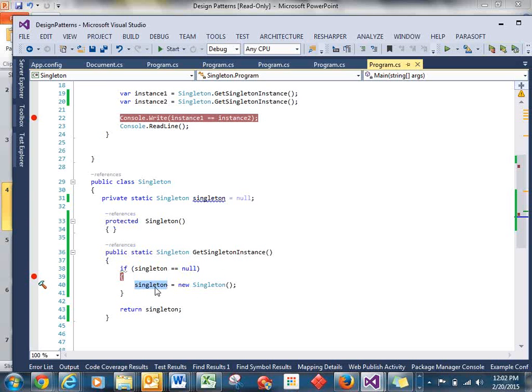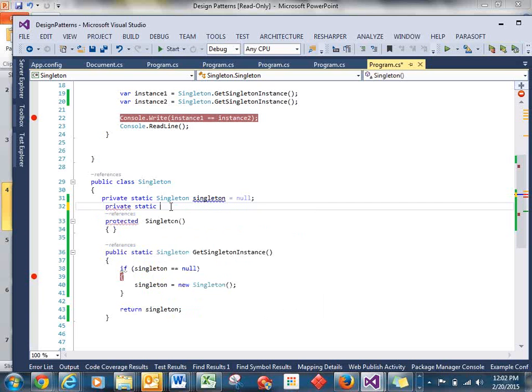So I need to make sure this is thread safe and synchronized. There are many different ways to do that. One is object locking. I will create one static object and use the double-checked locking technique. Double locking means first I will check the instance and